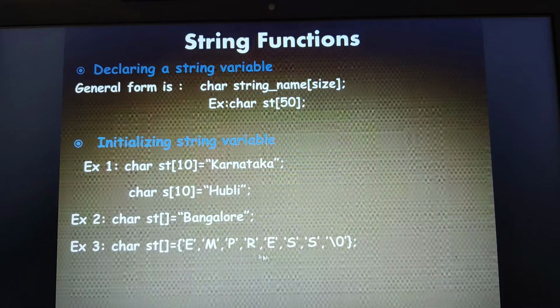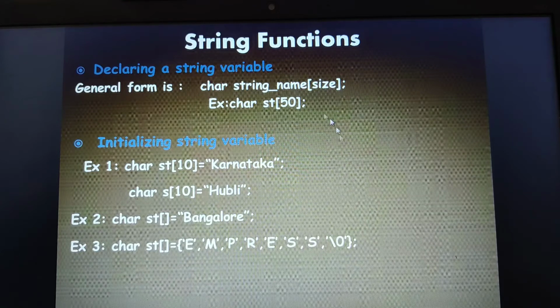But suppose we initialize a string like this, character wise, and E is one of the characters because it's representing a single character enclosed in single quotes. So when we represent it character wise like this, we need to explicitly provide the null character to indicate the end of the string.